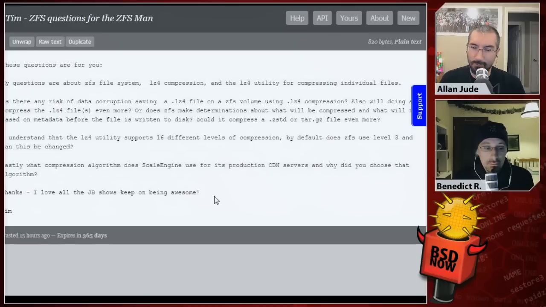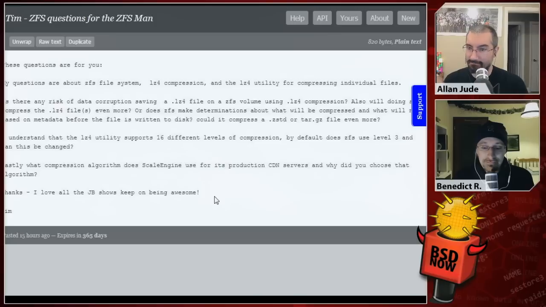An interesting property of LZ4, it might actually compress the LZ4 file more. Yeah, that's what he asks as well. Oh, okay. So normally, if you put a gzip or an xzip or something on there, it's probably not going to compress. Because of the way LZ4 works, and it's really biased towards speed, there's this thing called, I think, HC LZ4 or LZ4 HC, where if you LZ4 a log file, and then LZ4 that, and LZ4 that, you can keep getting gains up to a certain point where eventually the gains are too small.